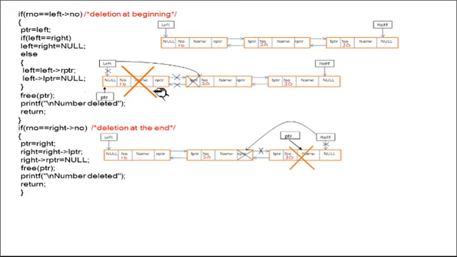And you need to remove this one, so that is free PTR. Free PTR means by using the free function we will deallocate the complete memory and all the pointers that are associated with this particular memory location. So all the LPTR, RPTR and the complete node will be added to the free memory or heap memory in your computer. So that is free PTR. So this is the first case, how to delete a first node.